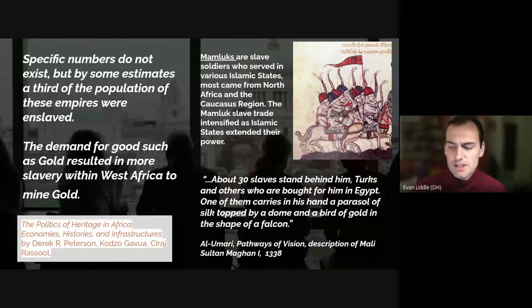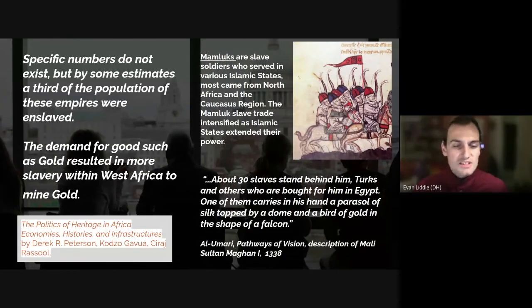Now, there's another particular kind of slavery that reminds us how this context is a little bit different than, say, the transatlantic slavery that we're going to see later on, and that is the concept of the Mamluk. The Mamluk are the slave soldiers that served in many smaller Islamic states around what is now the Middle East, what's now parts of Iran, what's now parts of Central Asia. And that was because these Islamic rulers didn't trust their own local populations to fight loyally for them. And so they would import these soldiers from somewhere else, usually North Africa or the Caucasus. And so what you could say is maybe one of the negative externalities about the rise of so many smaller Islamic states in the Islamic world was that it intensified the trade for Mamluk slave soldiers.